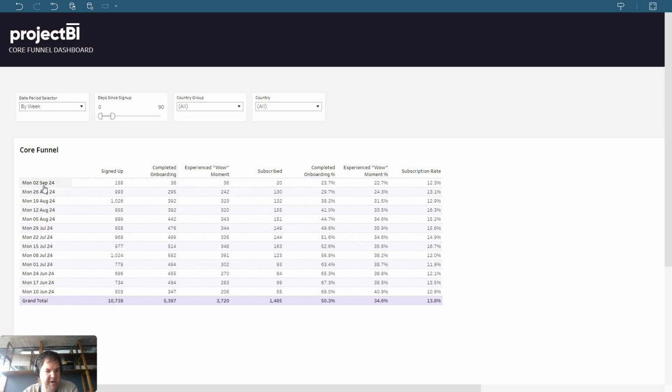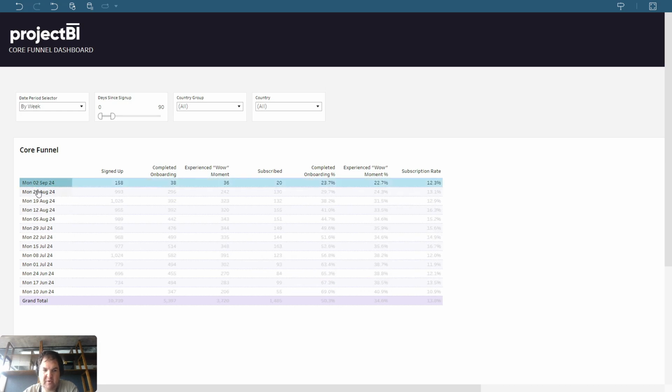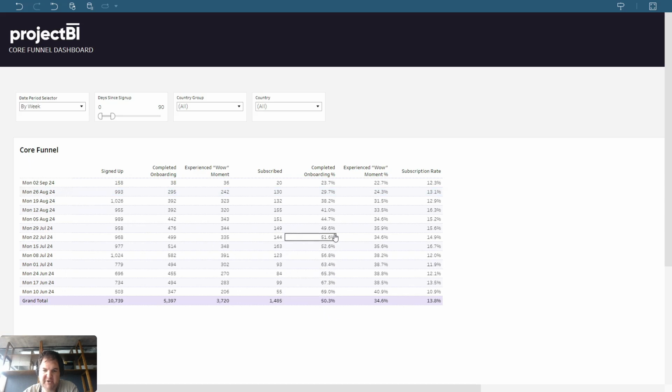Now, these percentages are what we're actually going to be tracking. Ideally, if our marketing team is doing a good job, the number of users signing up will continue to grow. But what we really care about are these conversion rates between the different steps. And by having it as a cohort, we can actually track changes to the product and our ability to improve these numbers over time. So we can see here very clearly that going back into June, and up here you can see the filter, the last 90 days,